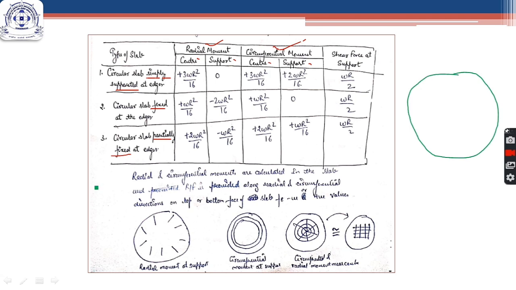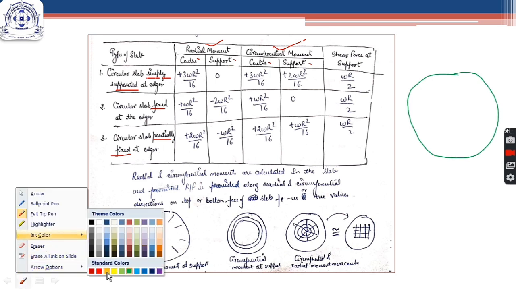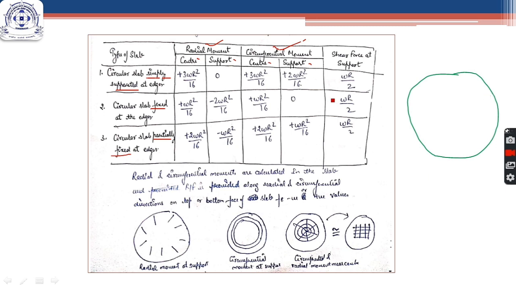So if we have a circular slab like this, which is simply supported at edges, we first calculate the radial moment at center, which is positive 3wr square by 16, where r is the radius of the circular slab and w is the load acting on the circular slab. Now the value of this is coming out to be at the center, and it is positive. So positive sign here means that it is sagging, and for sagging we provide reinforcement at the bottom face. So if this is a circular slab and vertical load is acting like this, there will be sagging. Positive means sagging in the bottom face.